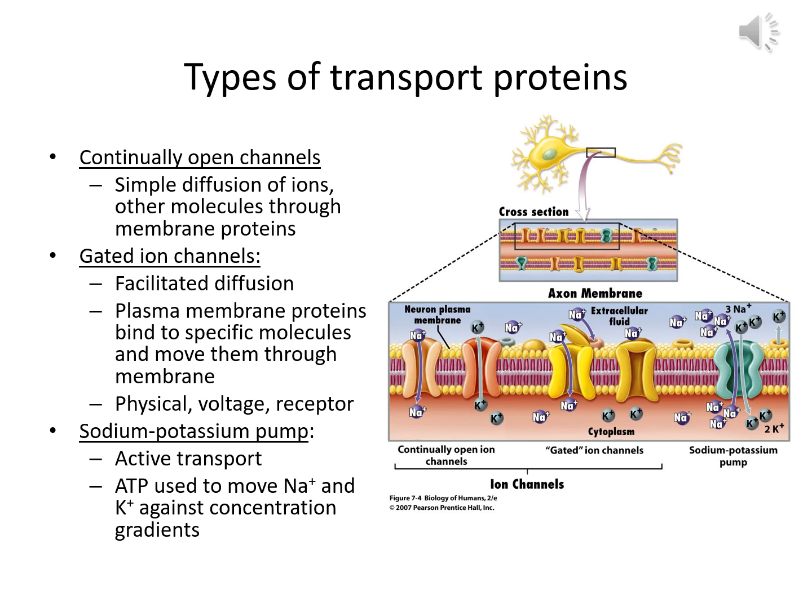So in this example, if the gated channels opened, and if there were specific channels for sodium and specific channels for potassium, each will move down its own gradient once the gate is open. If we count up the number of molecules, the passive diffusion or facilitated diffusion taking place would be sodium moving into the cell and potassium leaving the